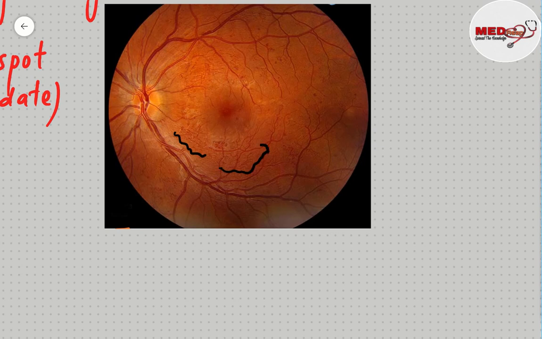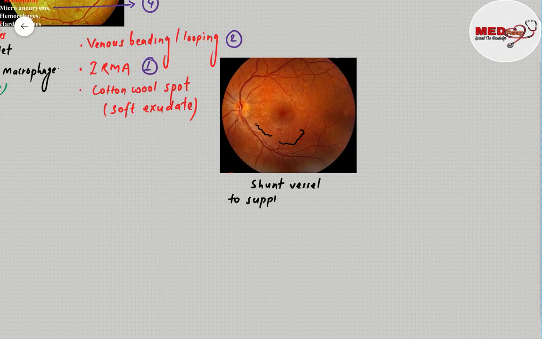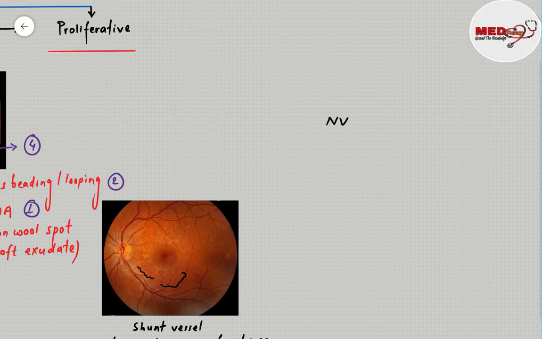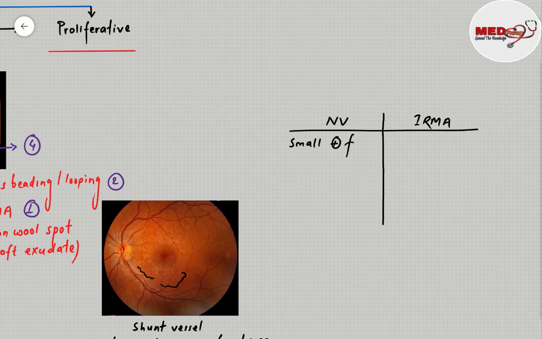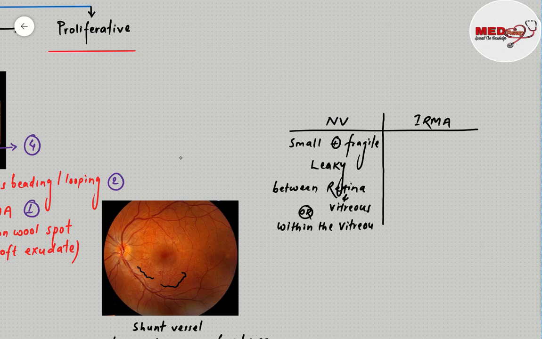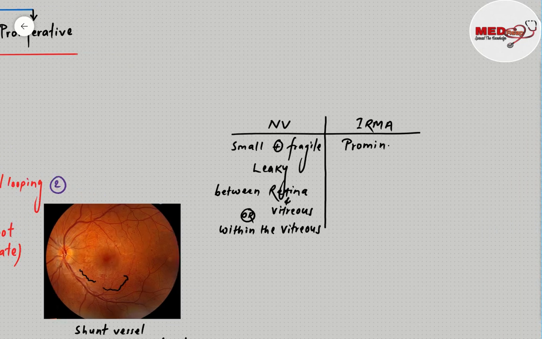These are actually the new vessels which act as a shunt vessel to supply the non-perfused area due to the occlusion, as shown in this picture. And these vessels differ from the neovascularization of the proliferative stage as follows. In neovascularization, the vessels are small, fragile and leaky, and the blood vessels grow in between retina and vitreous. Sometimes they may invade the vitreous. Whereas in IRMA, the blood vessels are always prominent and they don't leak, and they are always present within the